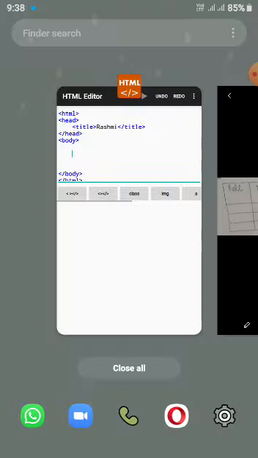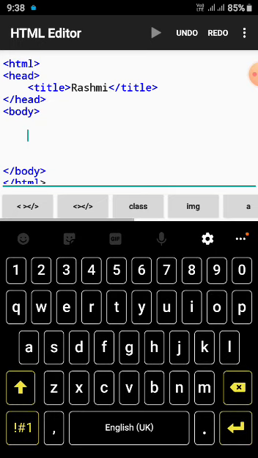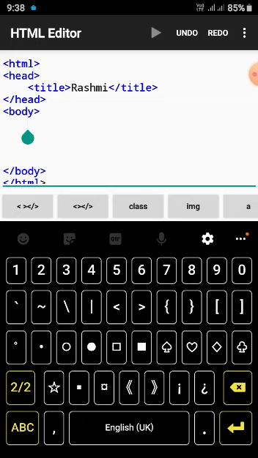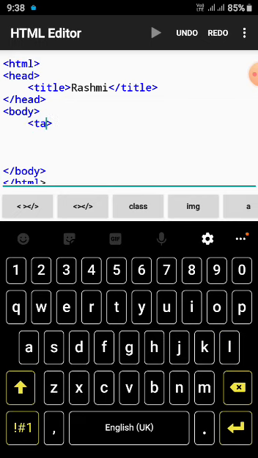Okay, let's try now in the HTML editor, the one we are using. Okay, this is your basic format. So here I am typing the table tag. Suppose I am giving cell padding.